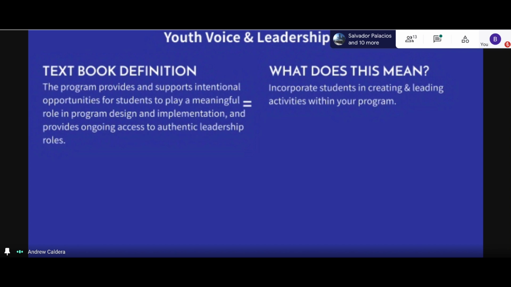They have to plan the promotion of it, getting those posters out, getting those announcements in the school message boards, all that stuff. And that is incorporating youth voice and leadership because this is something they want to do. So they're choosing where to go, but they're also making it happen. It's not just like, oh, let's do this. They're planning it out and making sure it gets fully done.